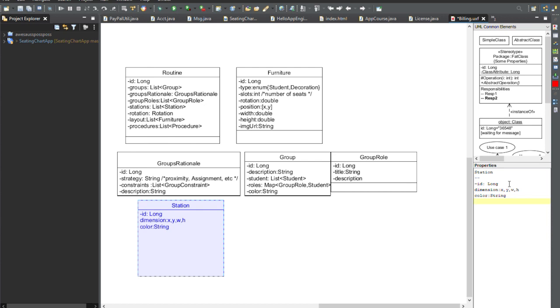And maybe it also has an image URL, depending on what you're trying to do with that station. Like if you're doing flexible seating and you have a seating area you want the kids to associate with that. Definitely it has a list of groups, right? Because when